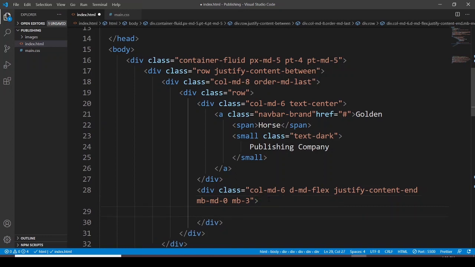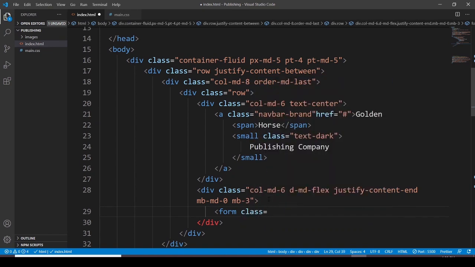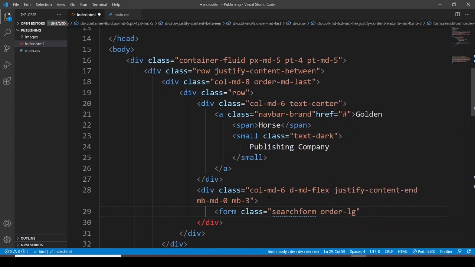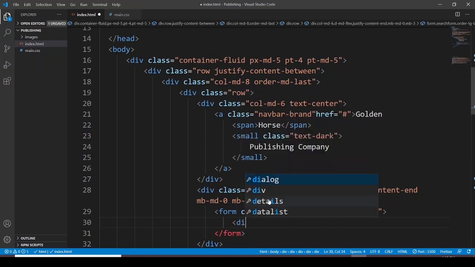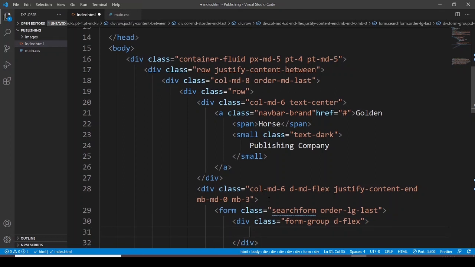Here, let me close this division, and I would like to go with the form element, assigning it a class, and this class is going to be search form, and order. Here I'm again using the order property, so order is going to be last on large devices, and then I want to go with another division, assigning it a class, and this class is going to be form group, and the form group display is going to be flex, and then I would like to go with input element,